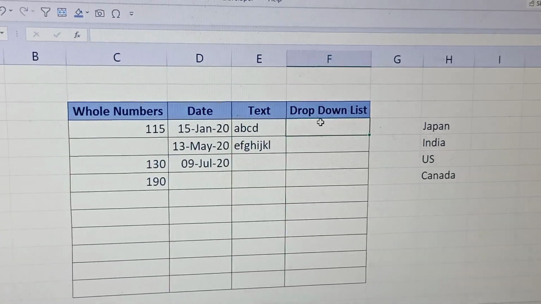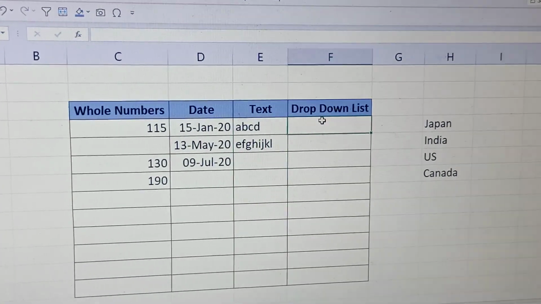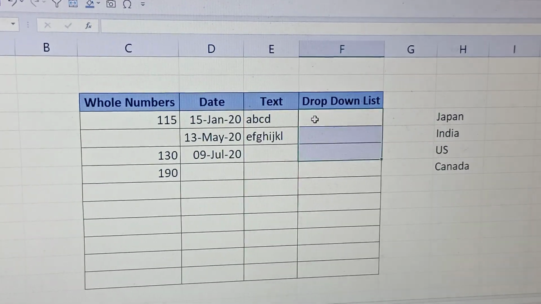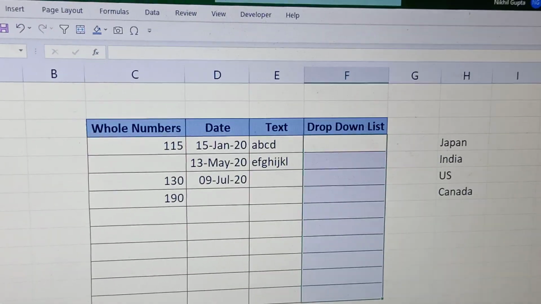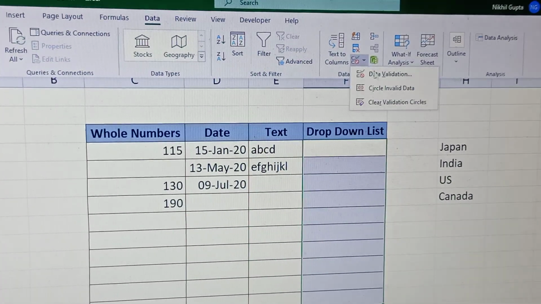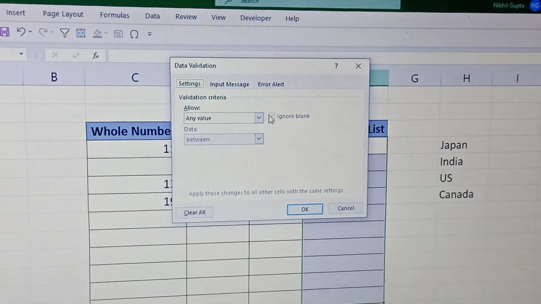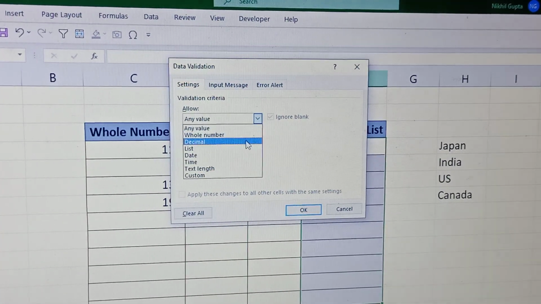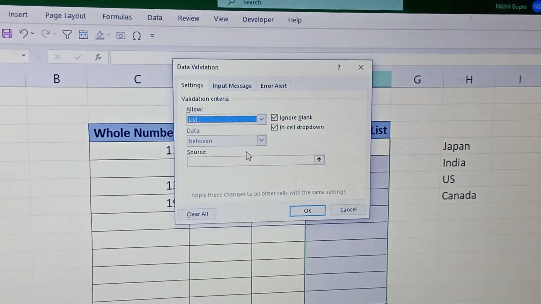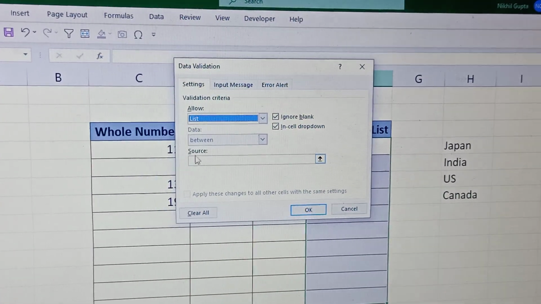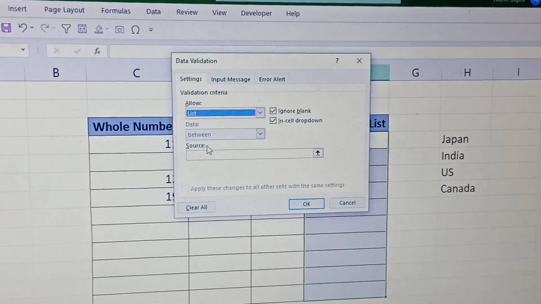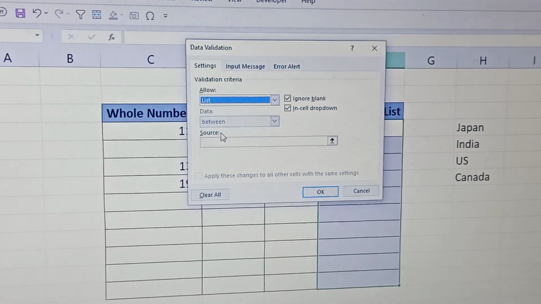Now data validation also helps you create a drop down list. Again select, click on Data, click on Data Validation. For a drop down list to be created, you have to click on List. Now it is asking for the Source, which is the list items that you would like to create the drop down list of.